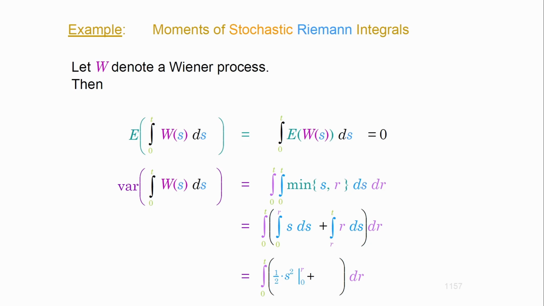Now, what is the antiderivative of r with respect to s? It is r times s. Again, keep in mind, guys, I'm integrating or differentiating with respect to s, not r. So r is a constant, and r times s is going to be its antiderivative. And I'm going to take that from r to t, because r is the lower end point and t was the upper end point of that integral. You understand this? It's not complicated at all.